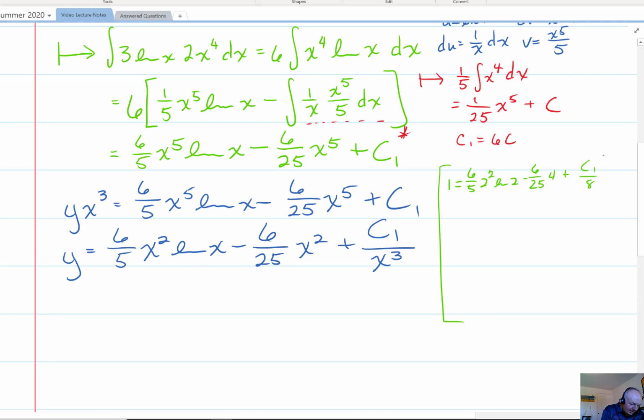Right? And so we get 1 equals, what's that, 24 over 5 ln of 2 minus 24 over